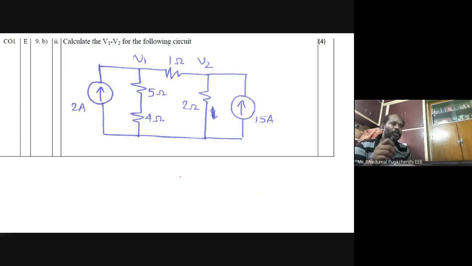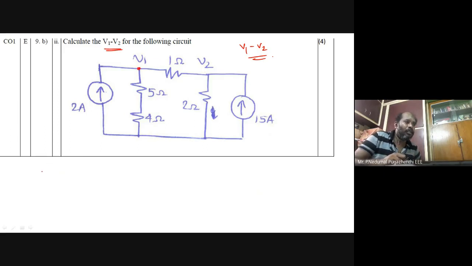I think one or two people have solved this problem in your test paper, I can see that. Very simple actually. They calculate V1 minus V2. They are interested in knowing what V1 minus V2 is. So I have 2 equations. If I consider V1,